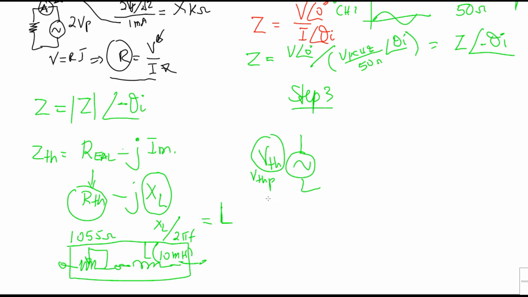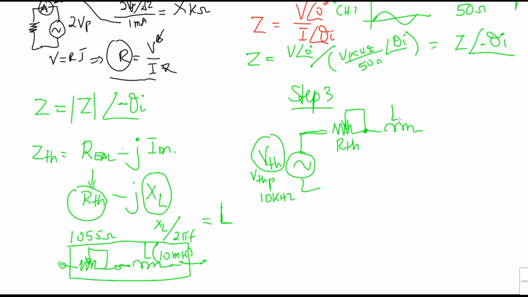The angle will be 0, of course, and the frequency will be 10 kilohertz. Since we started with 10 kilohertz for our first original circuit, the frequency will not be changed. Now a variable resistor to represent that R Thevenin,